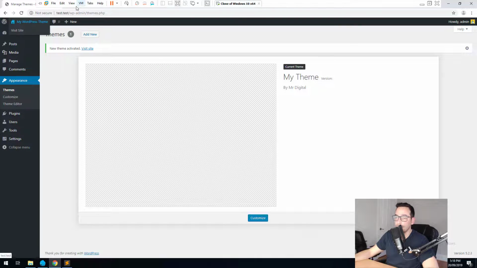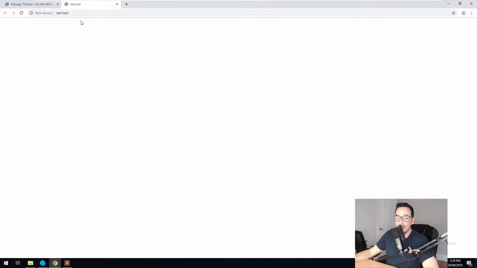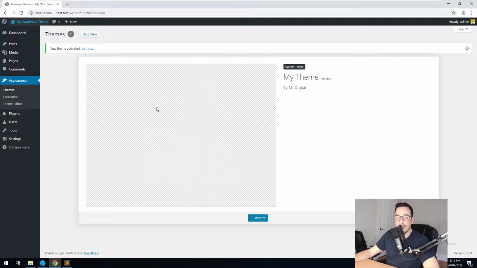If we go and look at it on the front end, there is absolutely nothing there. It's just a blank page. However, it's activated. So now we can start working within it. Cool. So now that we have our basic theme installed and working and activated, as you can see here, we